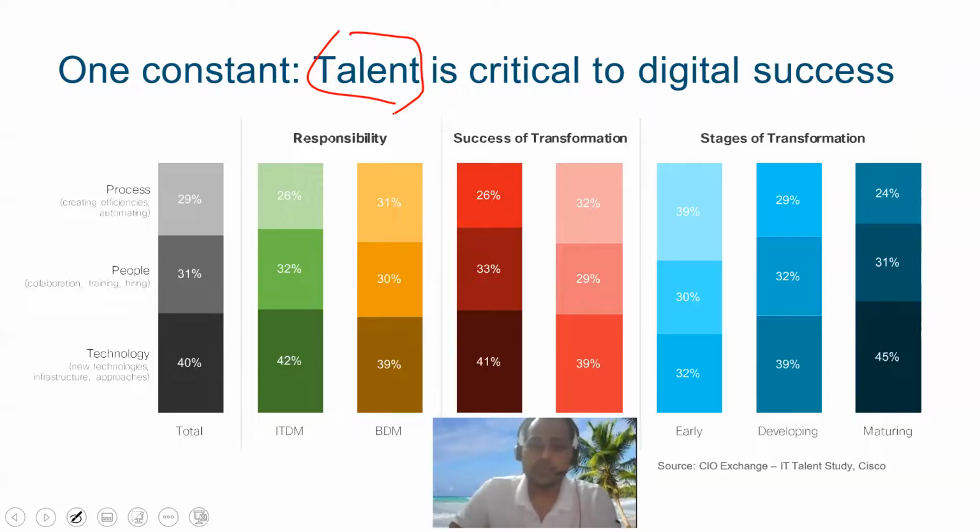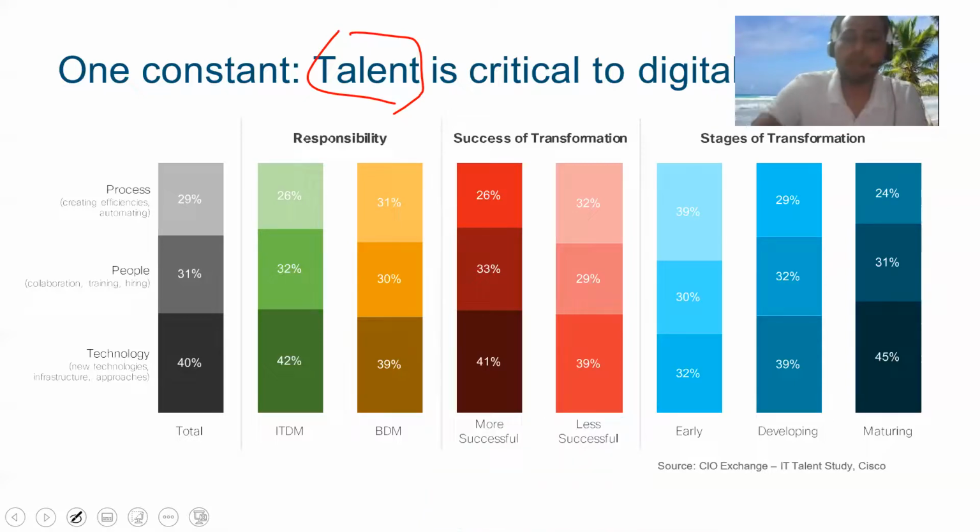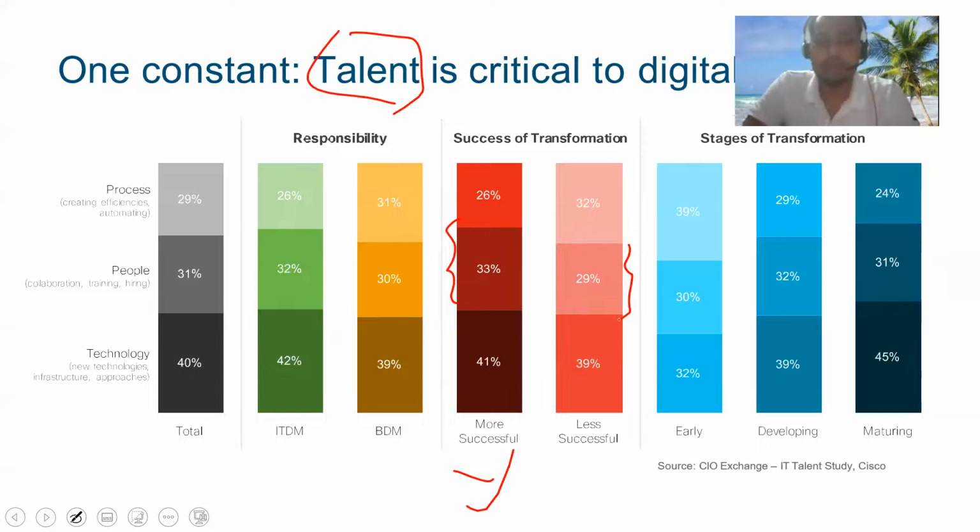So as per the study, let me show you, the study is telling that if a company has talented people, you can see that 33% talented people makes it more successful than a company that has 29% or less talented people. So how is the success story building? Again, this is from different studies and surveys, this particular chart and graph.